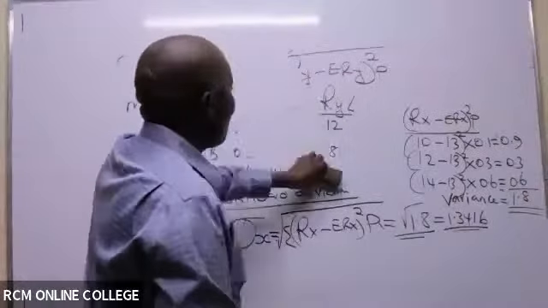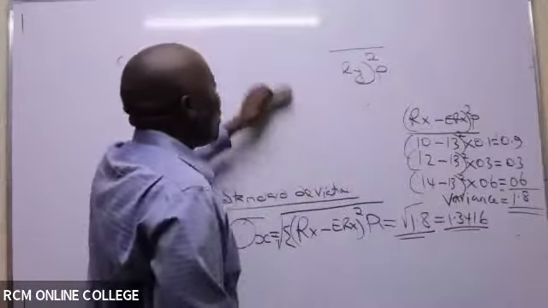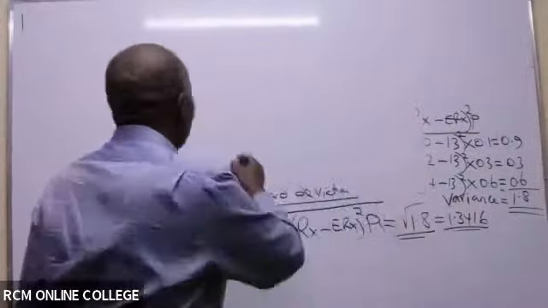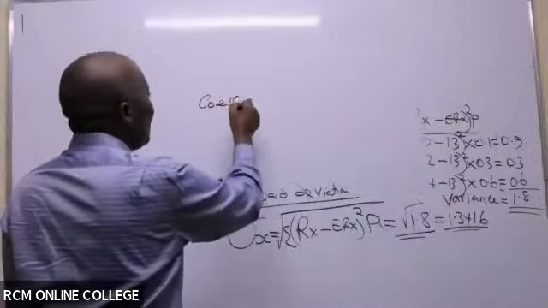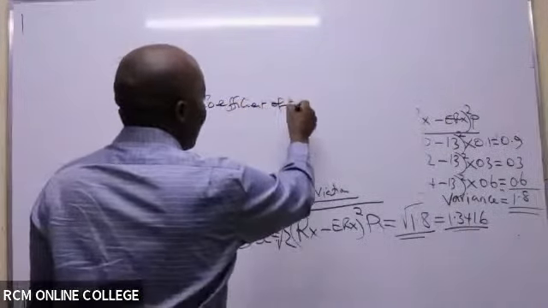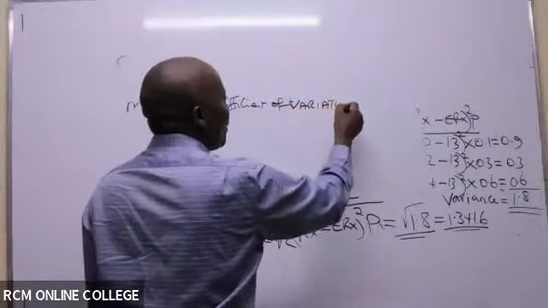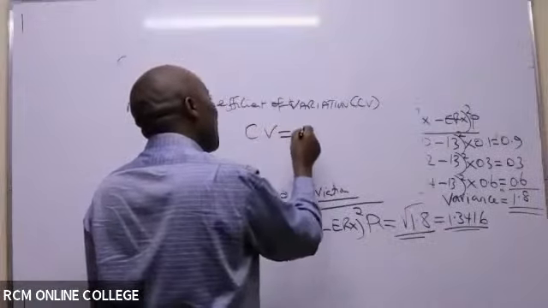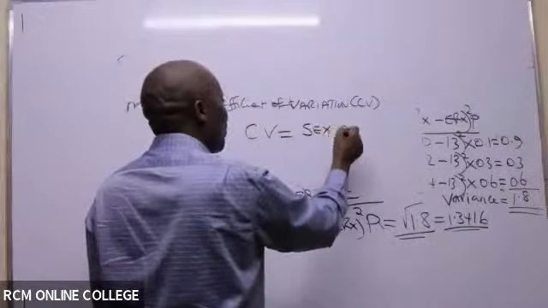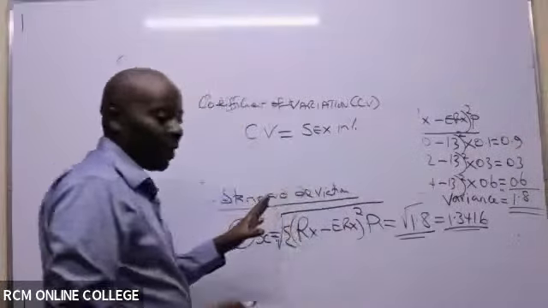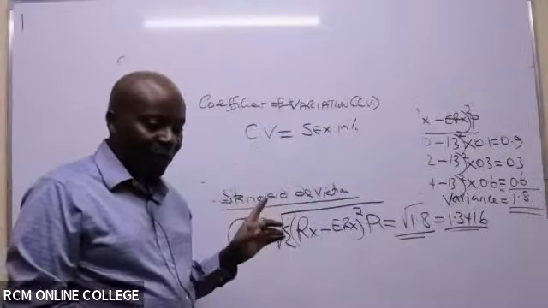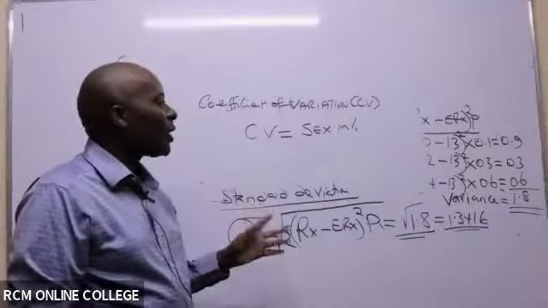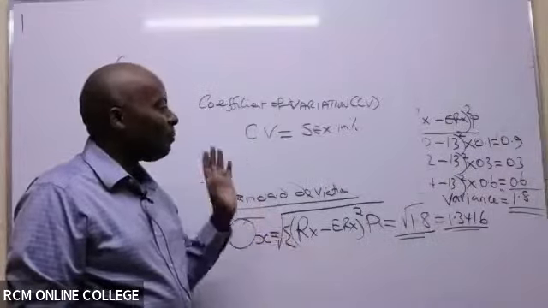But as I go for some different concept, you'll always get in your past papers the examiner requiring you to compute the coefficient of variation. Very easy. Coefficient of variation, which is also a measure of risk, CV. When you hear the examiner tell you to find CV, remember that CV is sex in percentage. That's the easiest way. You're supposed to remember this.